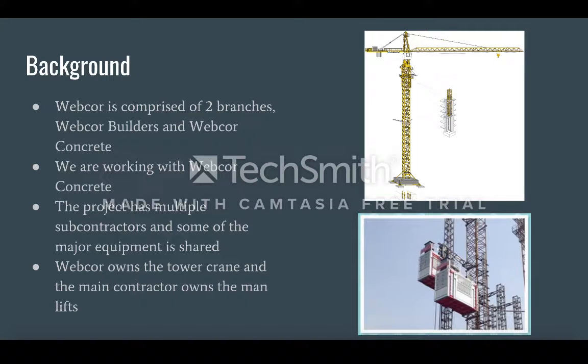It should be clarified what equipment we are referring to. The tower crane is used both to lift and lower materials and to move them horizontally. It is mainly used for lifting heavy things and transporting them to other places. The man lift is, in essence, an industrial elevator that acts as a vertical transportation system used to deliver labor,